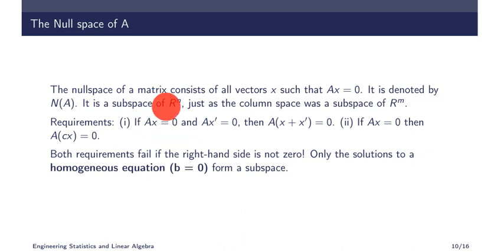So the number of elements in x is n, so it will be a subspace of Rn, two dimensional in the previous example as we took, will be a vector space and subspace. So we have to represent it as N(A), and we have to prove that it is a subspace. We can prove in two methods.